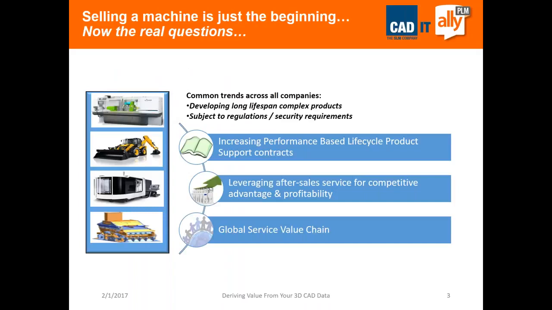As all of you know, when you produce a product, whether it's a machine or a piece of heavy equipment, a packaging machine, or some other kind of tool that's used by your customers, the actual